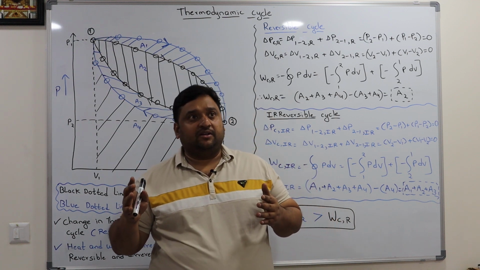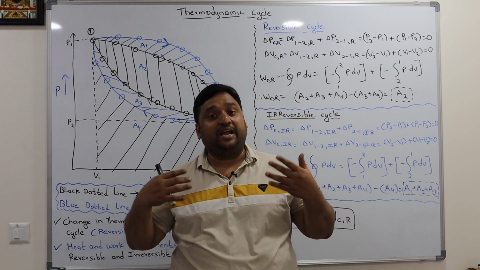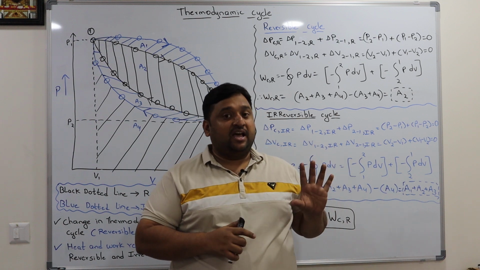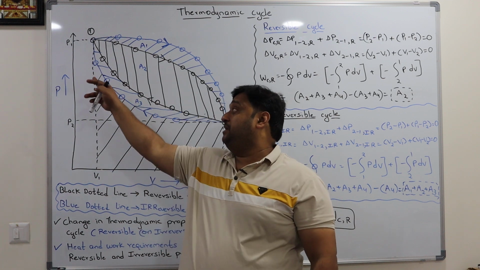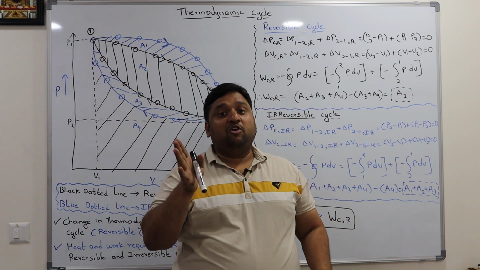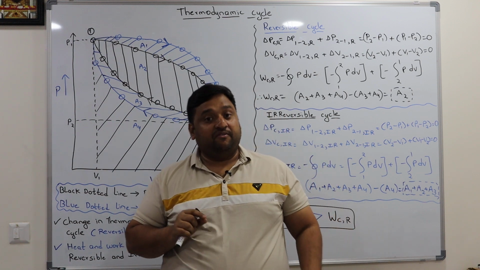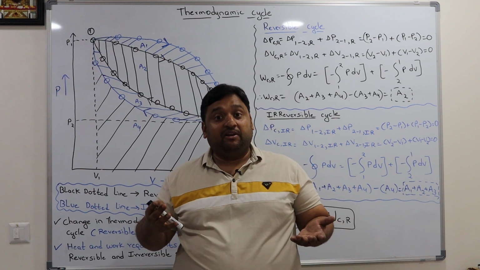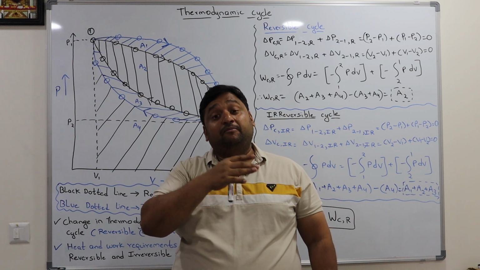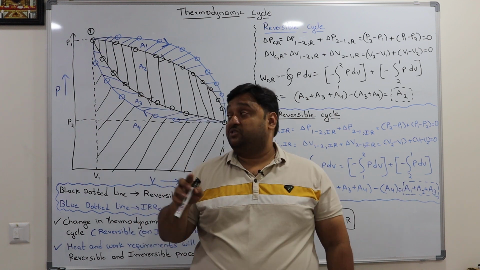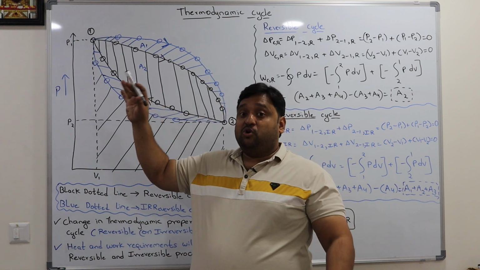Because thermodynamic properties such as pressure, volume, temperature, energy, enthalpy, and entropy are all categorized as thermodynamic properties. Let us prove, using a PV diagram, that the change in the value of a thermodynamic property in a cycle is zero. Whereas work requirements will be different if it is following a reversible process, and different if it is following an irreversible process, using the help of the PV diagram. And as you can observe on the board,